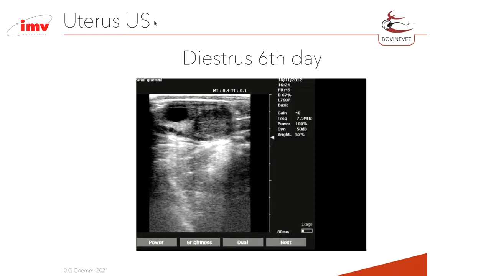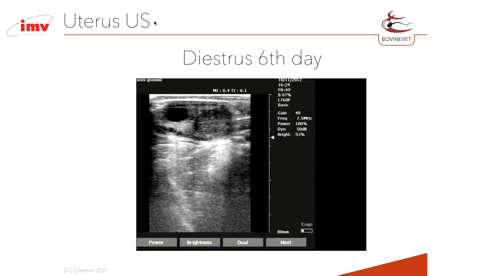I want to tell one thing. Attention, it isn't true that the echogenicity of myometrium and endometrium is the same. It is the same working with the frequency that we are normally using in bovine reproduction, so working between 5 and 10 megahertz. To analyze this difference of echogenicity that is present, we have to increase the frequency of our probes to 15,